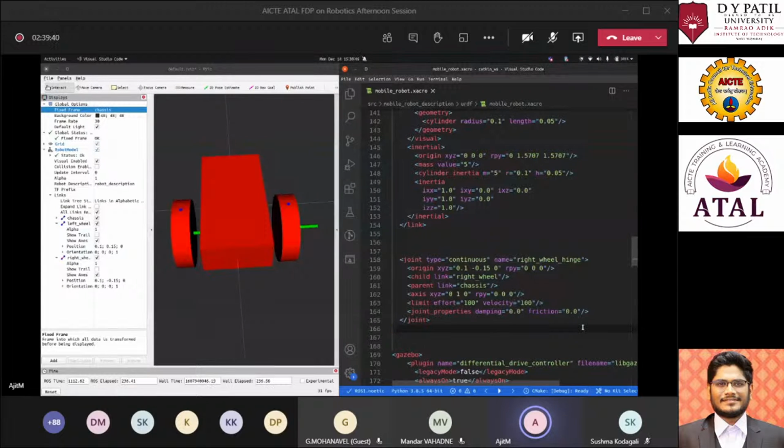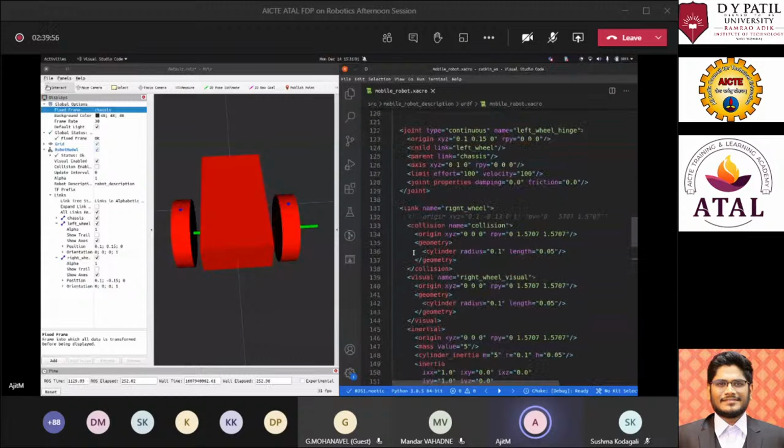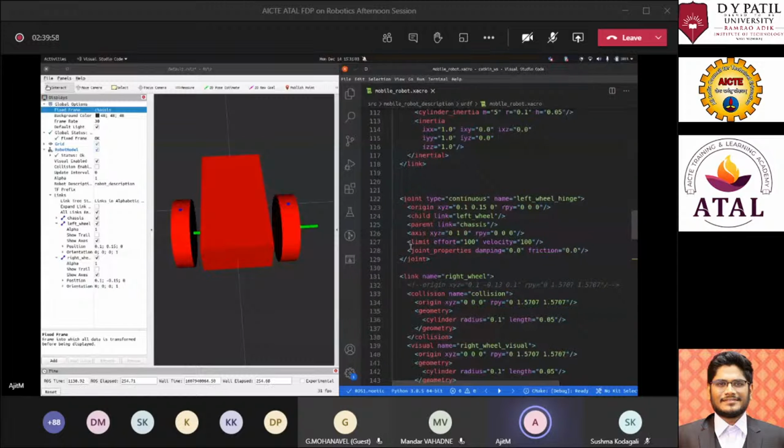If you have a joint where you have attached some kind of spring for shock absorption, there you can provide some damping to the joint. Right now, since the model is very basic, I haven't provided anything. So this is how wheels are defined, or basically child links are defined, and how child links are attached or joined to the parent link.